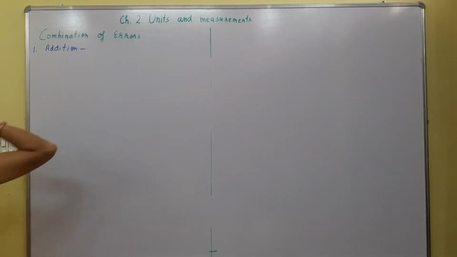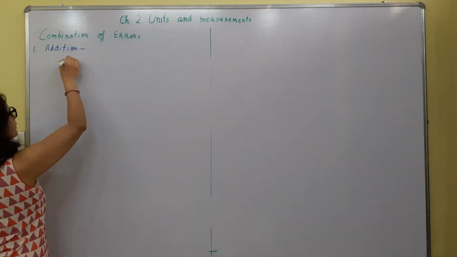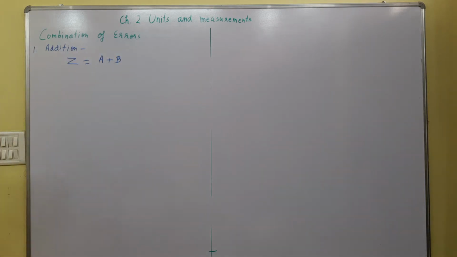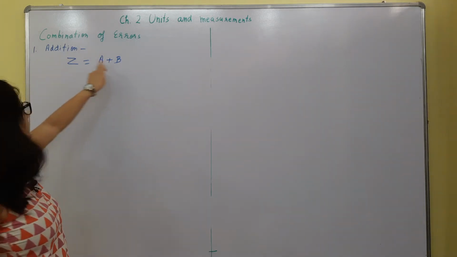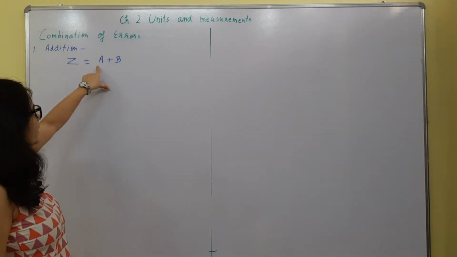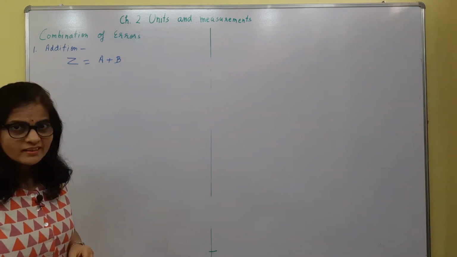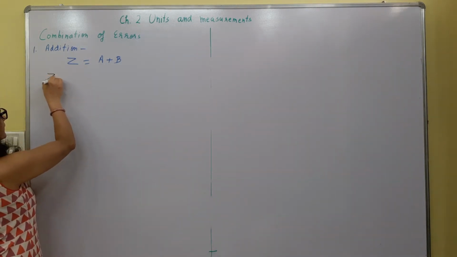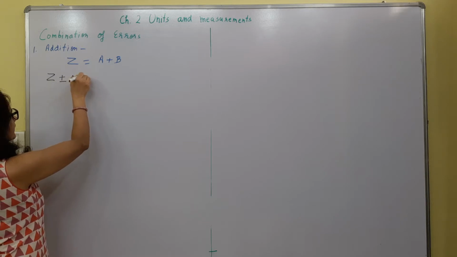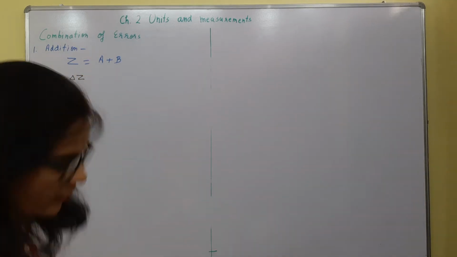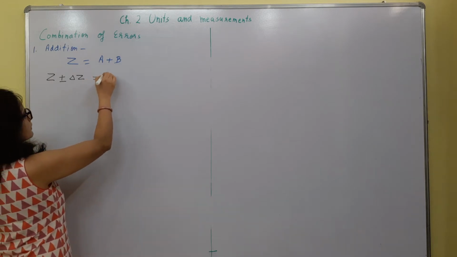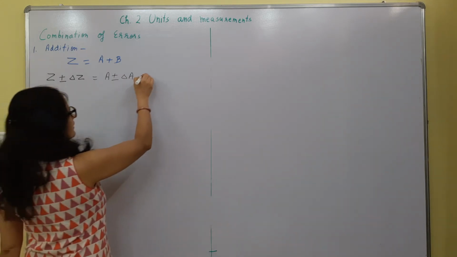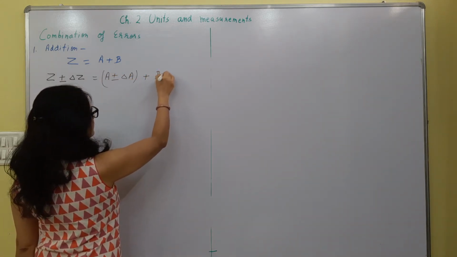right? So if we say that Z is the quantity which we will get by adding these two quantities, right? If A and B would have been accurate, then Z would have been accurate. But if A and B are having errors, then Z will also have an error. So how will we write the resultant quantity on the basis of this formula? We can write that Z can be written like this, right? Similarly, the error in A can be written like this, and error in B can also be written like this,